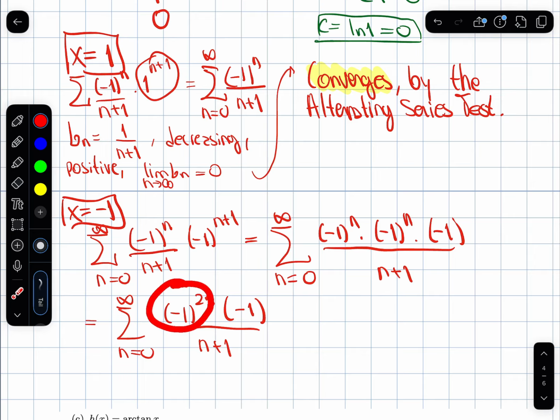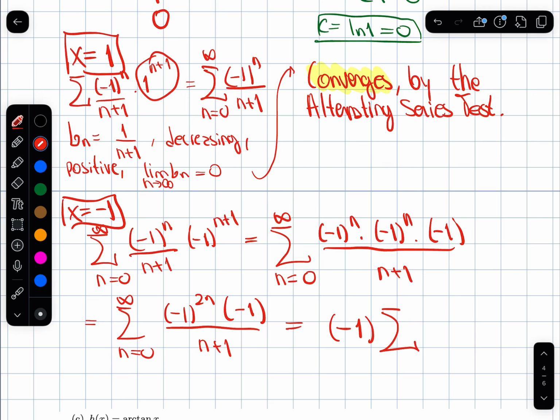By plugging in -1, you would expect some alternation, but there was already alternation to begin with. So the two alternations cancel each other out, and you end up with no alternation whatsoever. This is completely positive all the time, and then this is negative, so the whole series remains negative all the time. I can bring a -1 out of the series because I know it converges, or, well, it doesn't converge, but